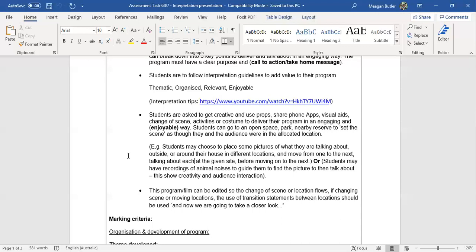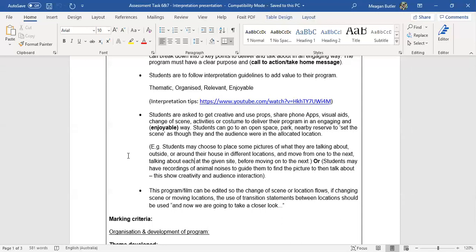Now, I don't want you to be untrue to yourself. I want you to be genuine in the way you present. So don't think you have to take on a role that is not yourself or that you don't feel comfortable with. I want you to be true to you, true to yourself in your delivery of the information, but have a bit of fun, get into character with your costume, or even just creating that credible title. So put on a ranger's hat and you're still you, but you've taken on the role as a ranger. So you're automatically credible. Hey, I'm so-and-so, I'm a ranger in this park, and today I'm going to take you on a little bit of a hunt for 3 different species of marsupials.